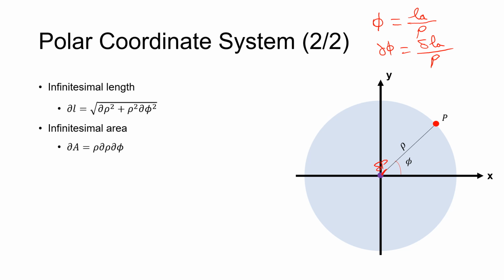So we can rewrite delta LA equal to rho delta phi. So in the case of phi, what changes in reality is the arc length, delta LA, which equals rho delta phi. This is what we are calculating, this area, for example, and this one small arc length here